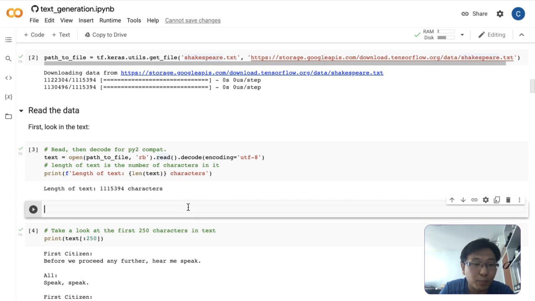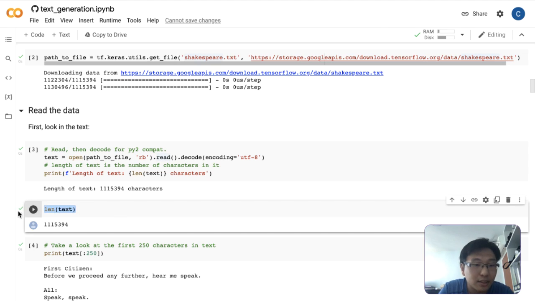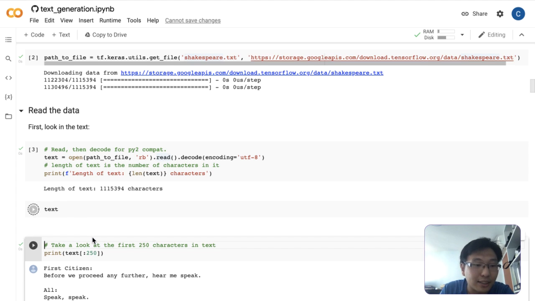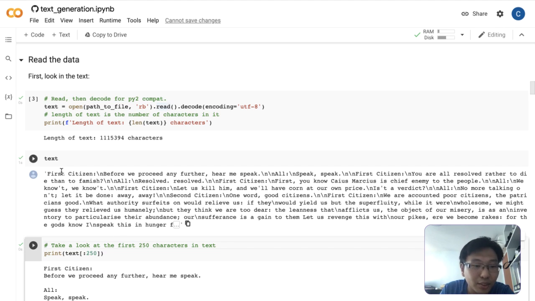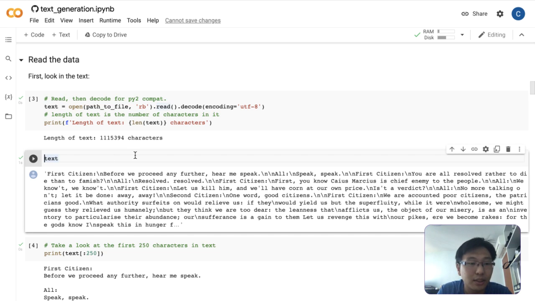Okay, if I want to print out the length of the text, how long is this? Oh yeah, they already printed it out here. So text. Let's print out the whole text. Oops, I think I might have overloaded my... Oh, there we go. First Citizen, blah blah blah. Okay, so maybe we can see what's in this text. We can see what's the unique